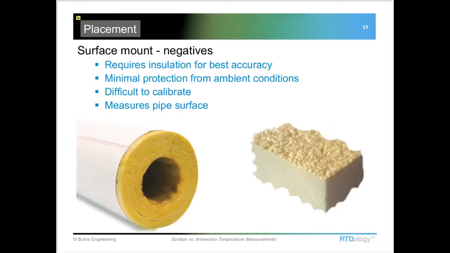And then when it comes down to the measurement accuracy, we're measuring the pipe surface. We're really not measuring the fluid inside. In the case where you want to know that temperature, there are a lot of instances where we are actually looking for the temperature of a particular surface. One of the examples I can think of there is with machining castings. If you need really tight tolerances on machinings that you're doing to a casting, you need to know the temperature of the casting